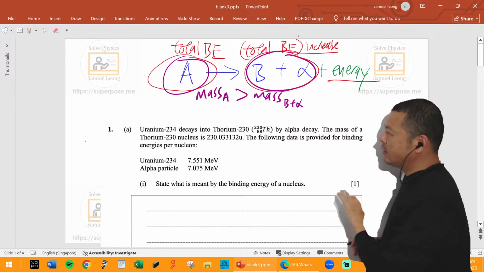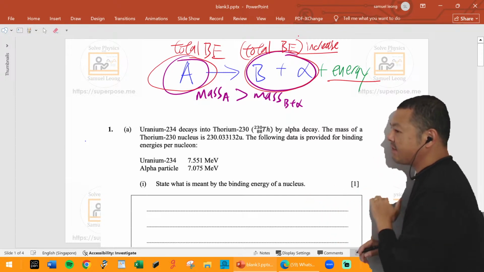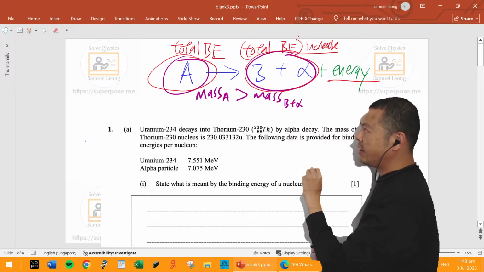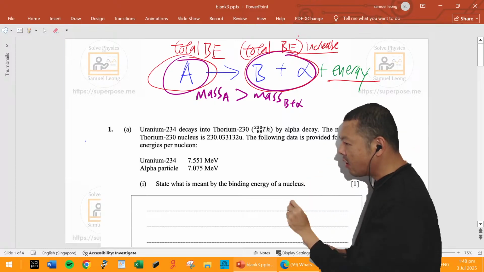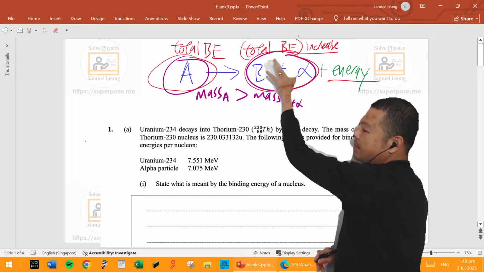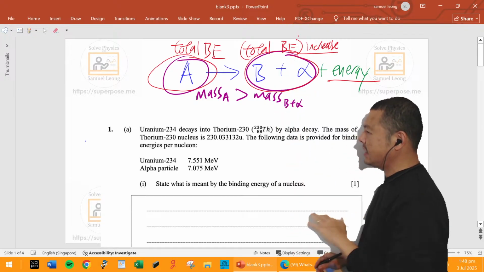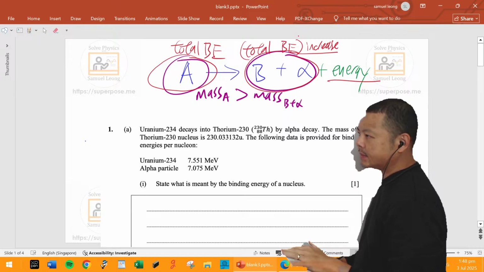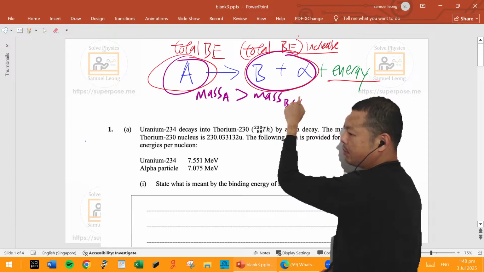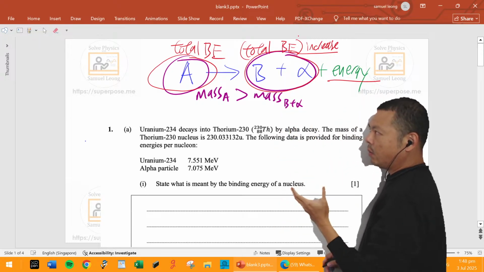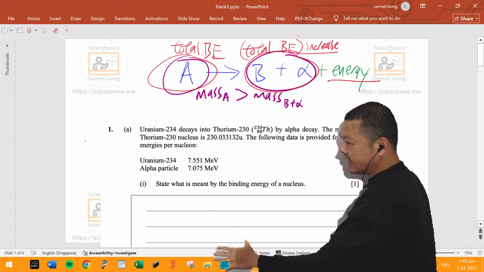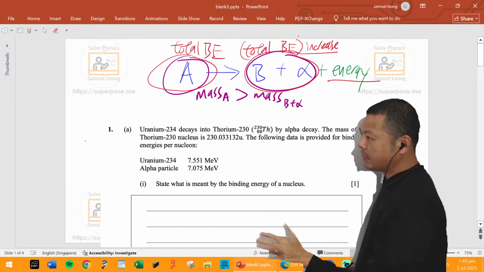Because last year, that previous batch, they followed instructions to a T. So they were doing these questions and they realized, something is very wrong. The binding energy value here actually became less, and they were hella confused. One of them came out of the exam and said, Sam, I thought that decay releases energy, so I thought the value is supposed to increase. What happened? Why did my calculations show that it decreased? Then they said that they didn't know how to do this, like they probably got it wrong.